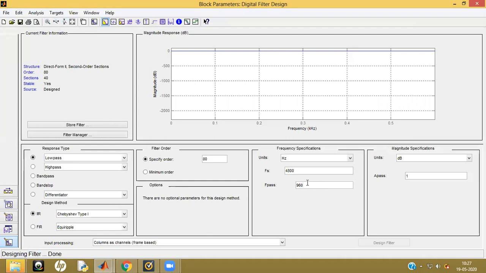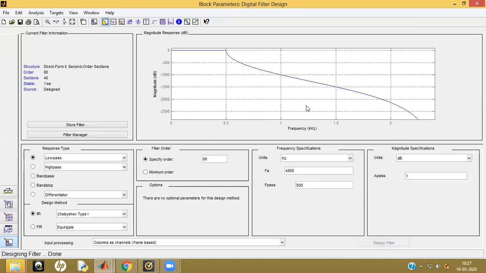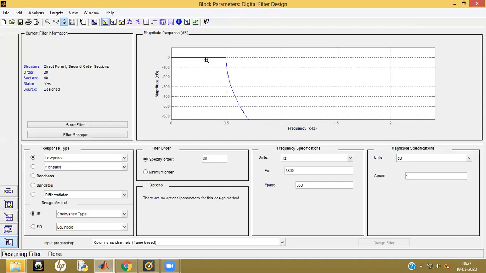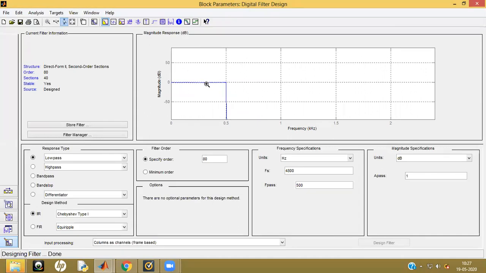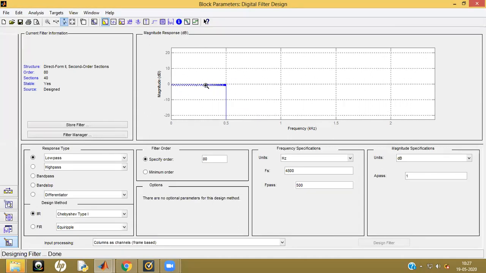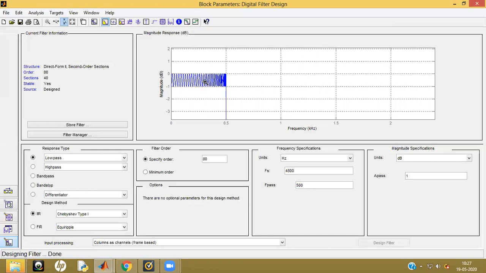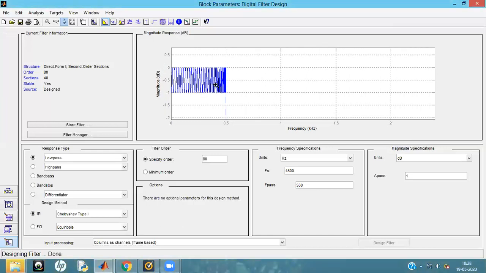I will change the parameters here to say 500, and I'll try to redesign this. Let us now use this zoom y-axis option and see if there are any oscillations, ripples happening. So you can see how beautifully this waveform is showing the ripples in the pass band, because I have chosen